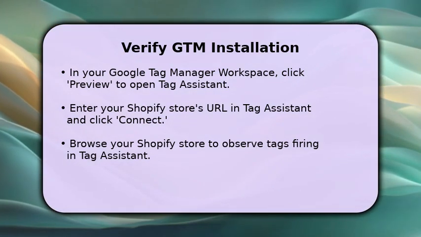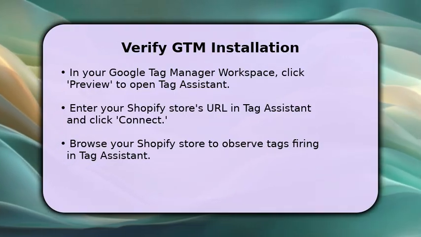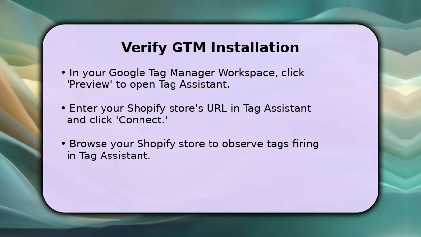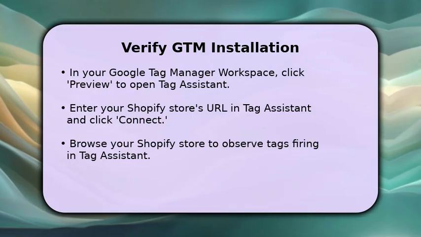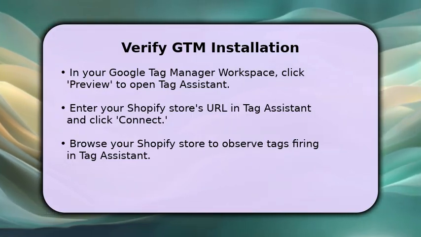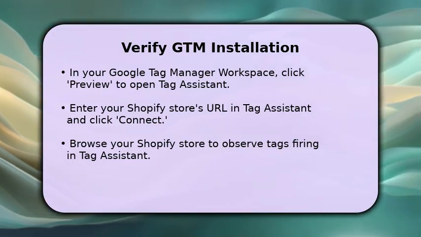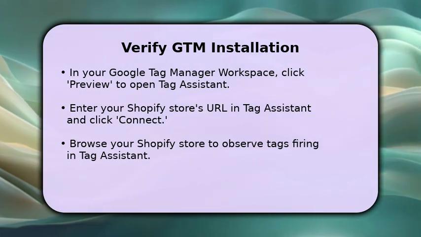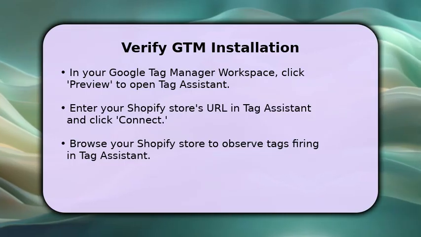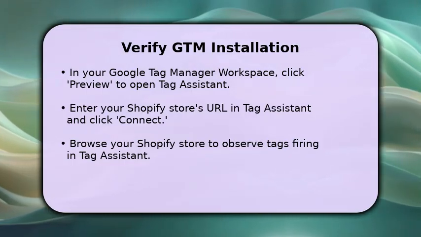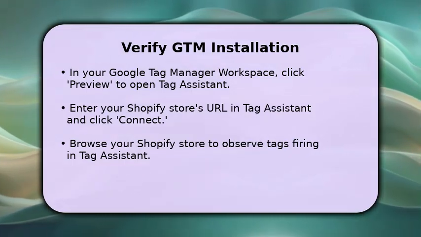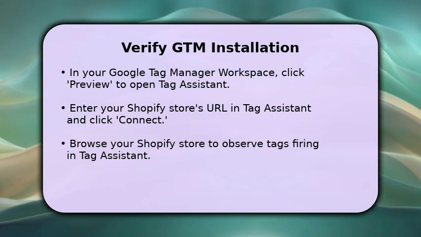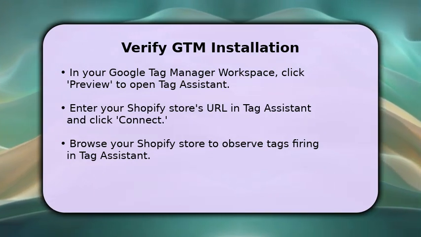Finally, it's time to verify your installation. In your Google Tag Manager workspace, click the Preview button. This will open Google Tag Assistant in a new window. Enter your Shopify store's URL into Tag Assistant and click Connect. Now, browse through your Shopify store in a separate tab. Observe Tag Assistant to see if your Google Tag Manager container is connected and if tags are firing as expected. A successful connection means your setup is complete and you are ready to